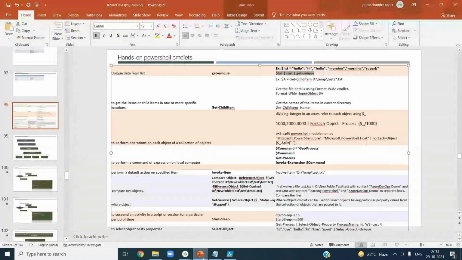Similarly, I'm just introducing, let us say you want to list out all the child items. You have folders, a folder in a folder, a folder in a folder, and you will have all your files, etc. If you want to find all the folders or files within a folder, you can use this Get-ChildItem basically. Okay, so again, how do you get it? So let us say